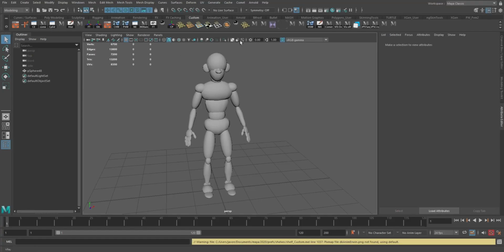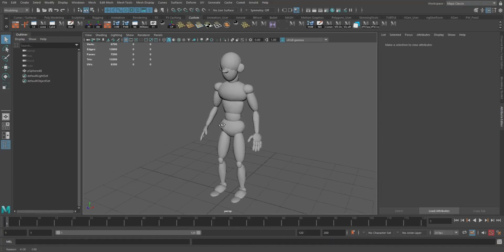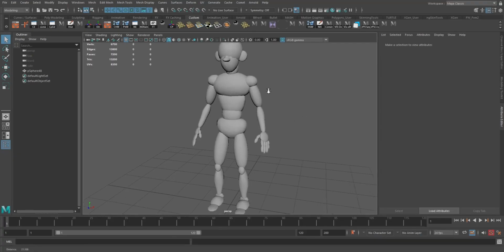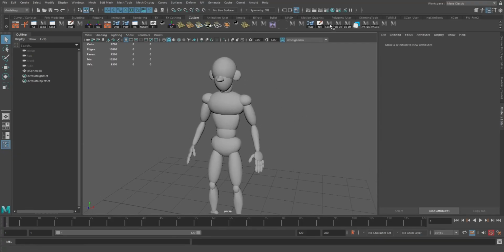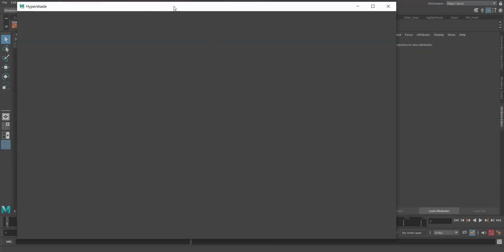So if you've saved the file from where we were at last, sphere biped or whatever you named it, go ahead and open that file if you have not opened it up. What we're going to do is just throw on some basic color. So we'll go to our hypershade. The hypershade is going to be this little spherical ball. And if we open that up,